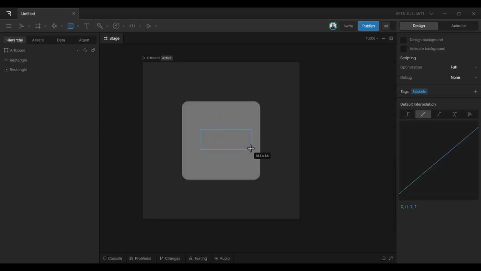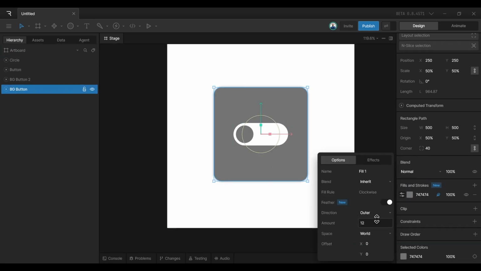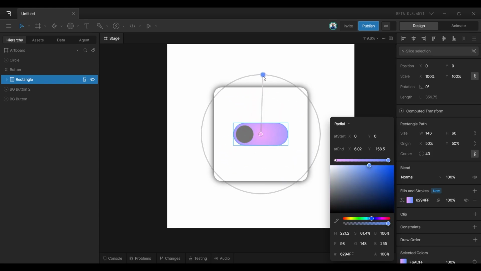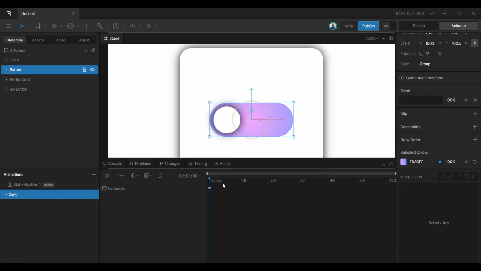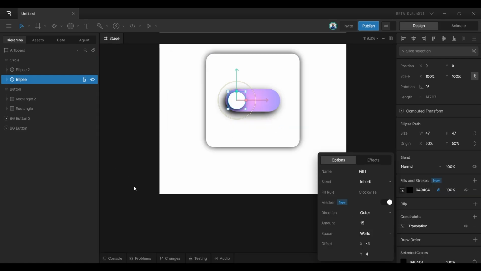This is a dark mode toggle. One component, one trigger, two animated properties. I am building it in Rive, and by the end of this video you will see why this can't be done in Lottie. I am starting with the base, a rounded rectangle, a simple circle sitting on the left